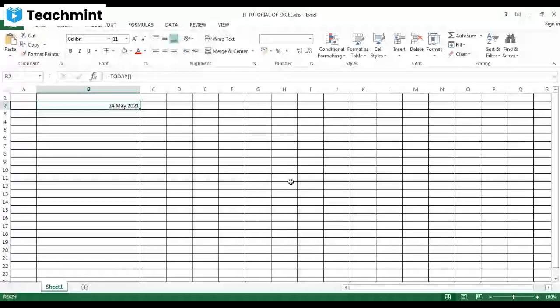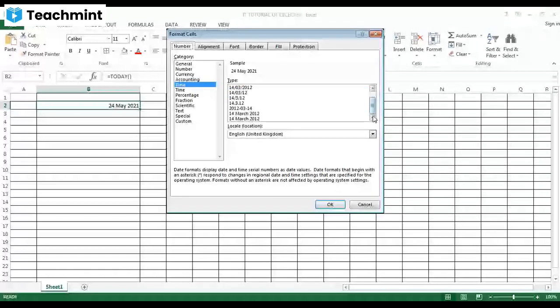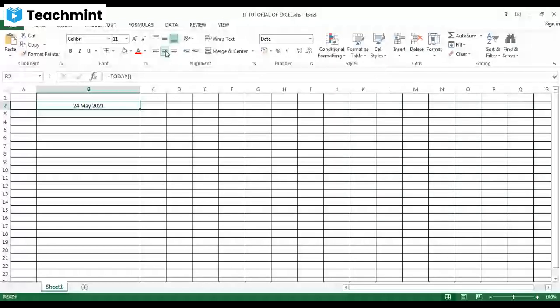We will go to More Number Formats. We will find more formats available here, related to our date and time feature. You can choose any kind of format here and press OK, and it will apply to your selected cell.